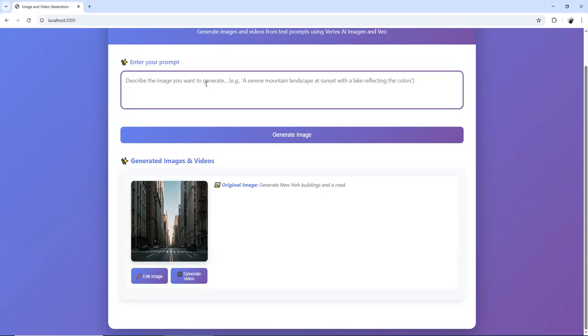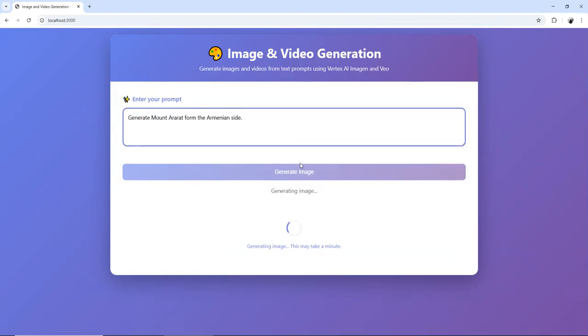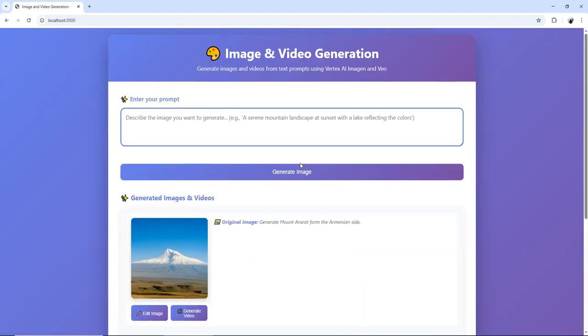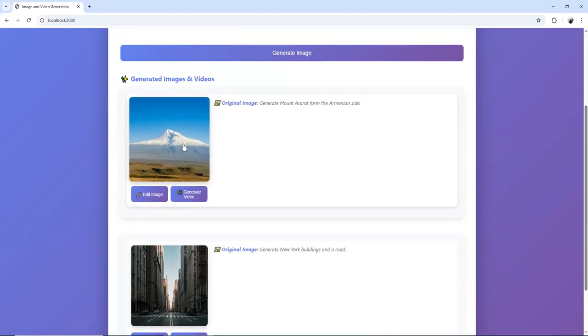Another prompt: generate Mount Ararat from the Armenian side. You see the picture generated in the original prompt.